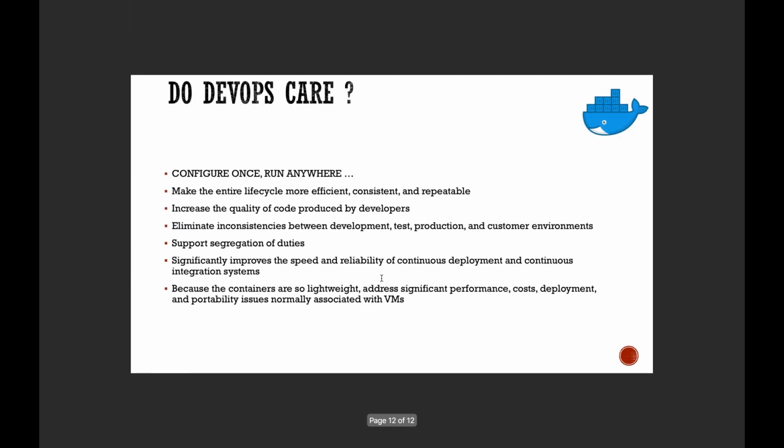Now, does the DevOps team or the infrastructure team or the application team care? Yes. Again, it's because we just need to configure once and it will run anywhere. It makes the entire life cycle more efficient, consistent, and repeatable. It's because Docker is more and more suitable for your CI/CD, and it is very lightweight, and it doesn't have any platform dependencies. That is, it is platform independent. Now, it increases the quality of code produced by developers,